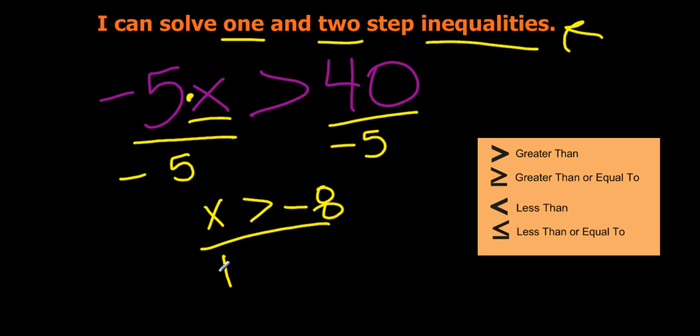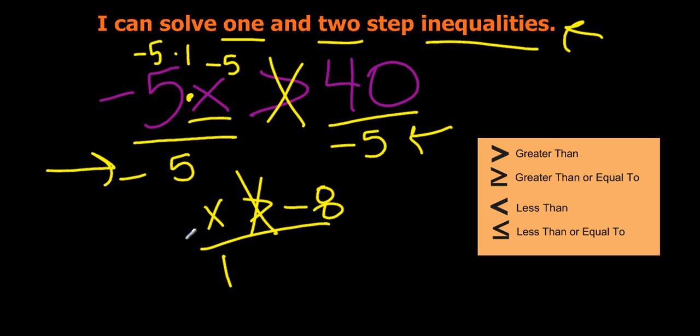So maybe I fill in 1. 1's bigger than -8. So if I fill in 1, what's -5 times 1? -5 times 1 is -5. So is this true? Is -5 greater than 40? Oh. -5 is not greater than 40. That is not good. This is the one spot where it's different than solving equations, because when we multiply or divide by a negative,